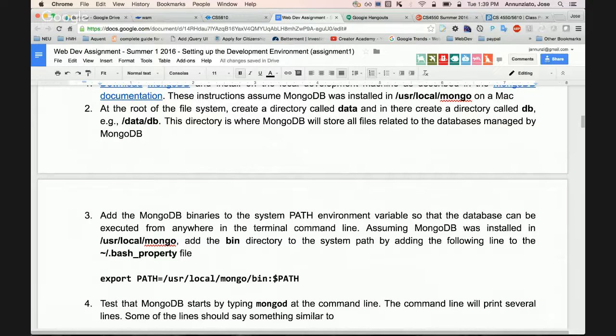You should all have a bash profile, but some of you, if it's a brand new machine, might need to create it. You might just say touch and then .bash_profile, which will create the file, and then you can start editing it with your favorite text editor. It should be in your home directory. And in there, you can add to the system path the bin directory so you can run MongoDB right from anywhere in the terminal.